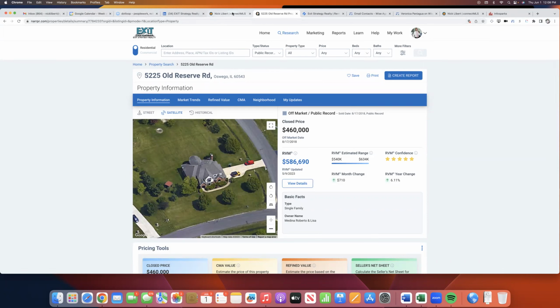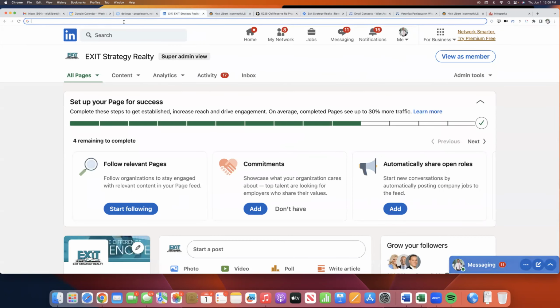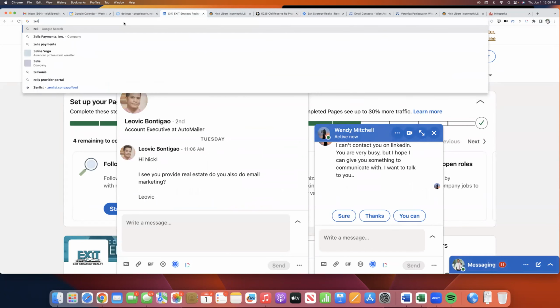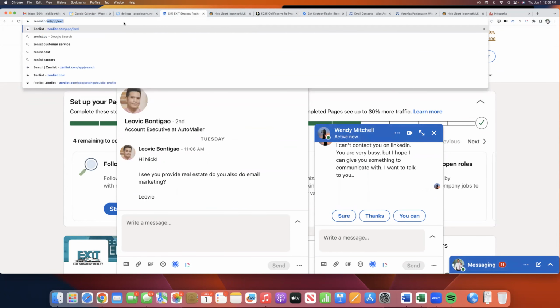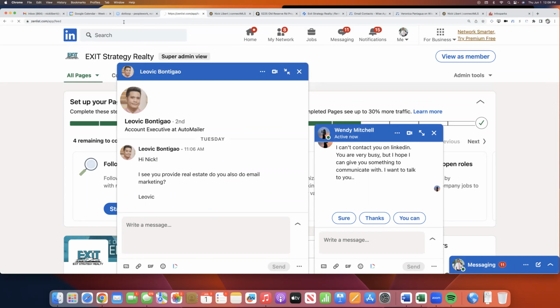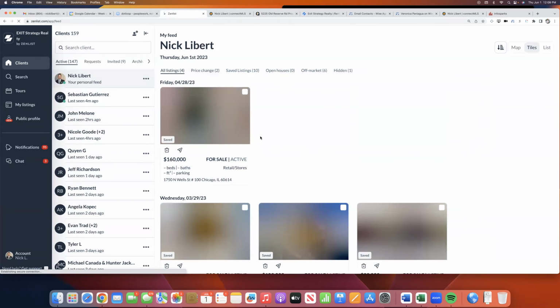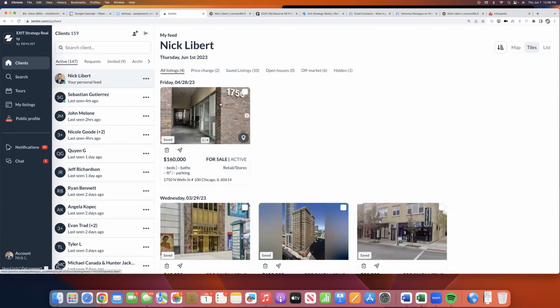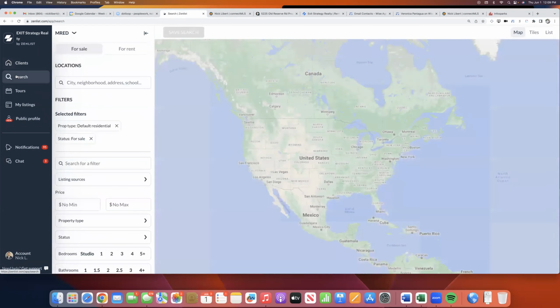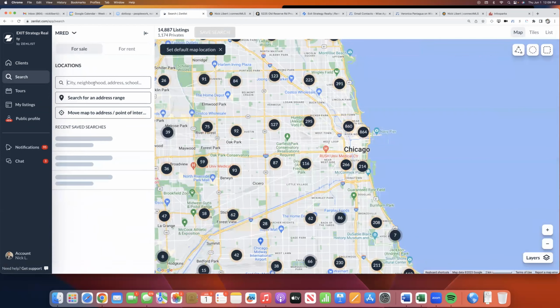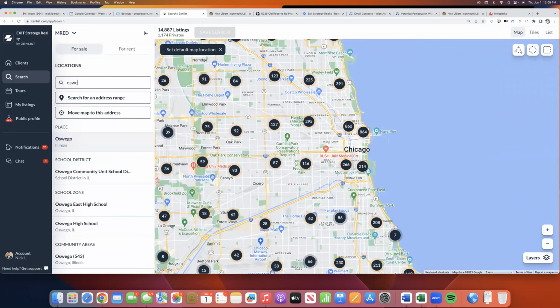So what are we going to do next? Just one more thing I want to show you is, again, Zenlist now has both for you and the consumer. I am on the Zenlist advisory board, just like I am for Rent Spree and Wise Agent. So I'm really getting in with our tool providers. I love what they've done on Zenlist so that your clients can have a baseline of what's going on in the area as well. So if we say what's going on in Oswego, of course, this property isn't listed yet,